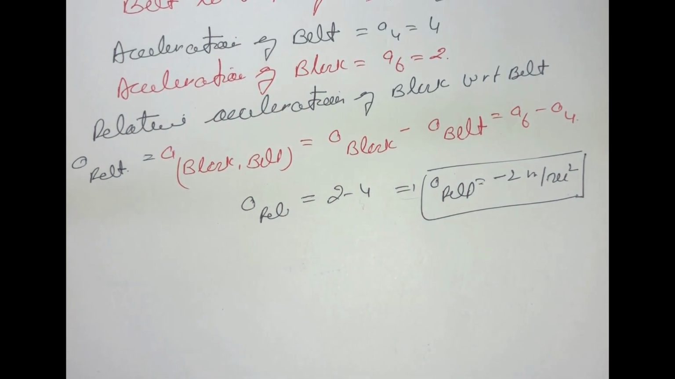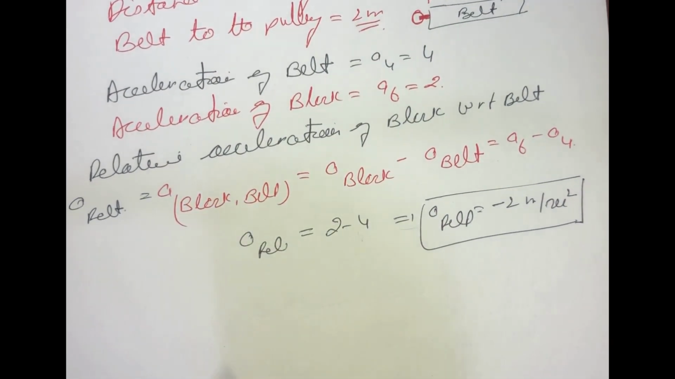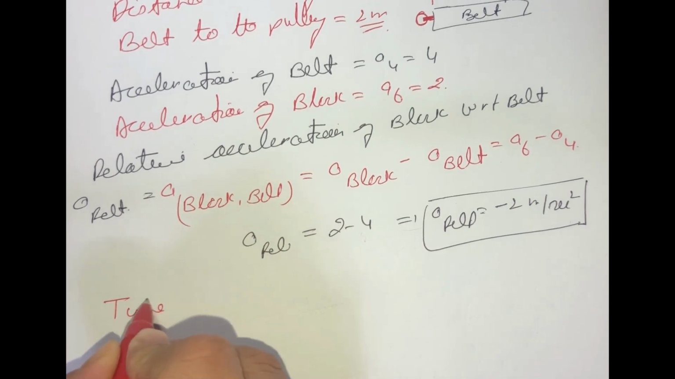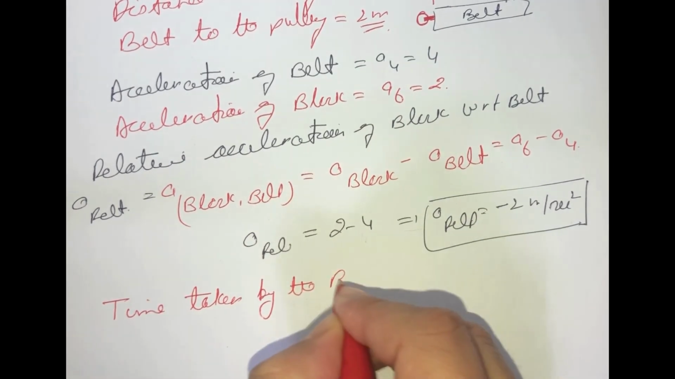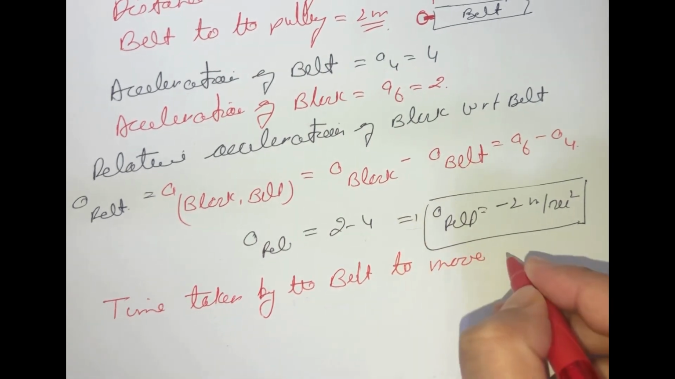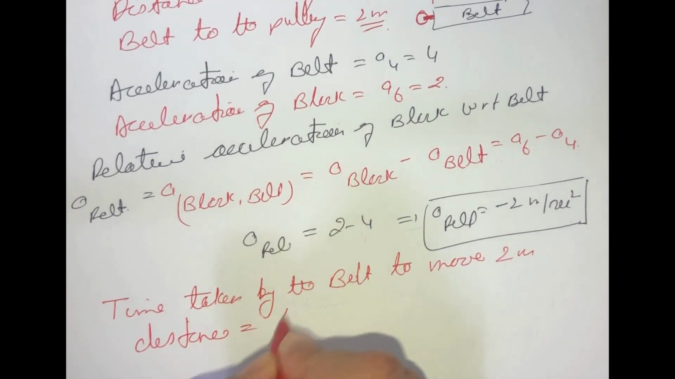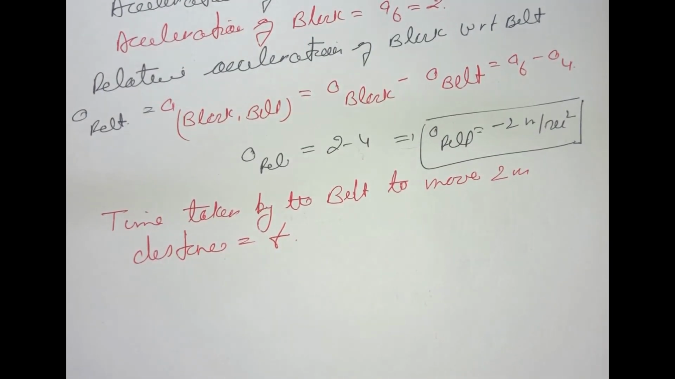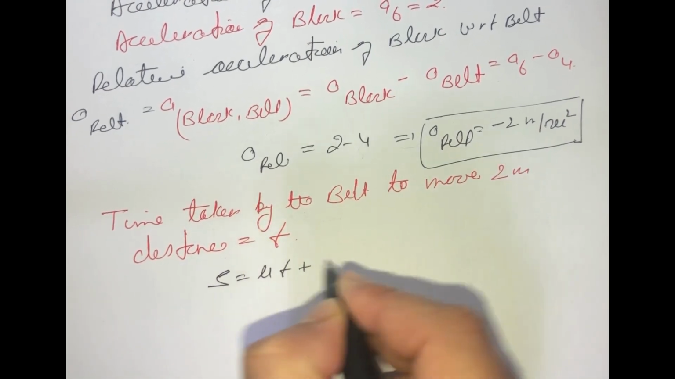So let us find out how much time the belt takes to travel the distance of 2 meter. Let us put that time as t, and initially it is said they are released from rest, so initial velocity will be 0, so we can use s is equal to ut plus half